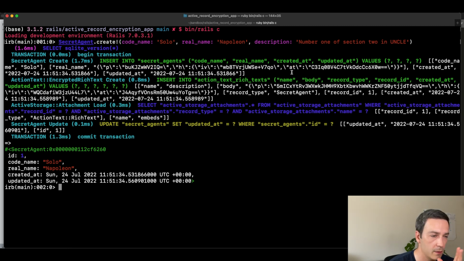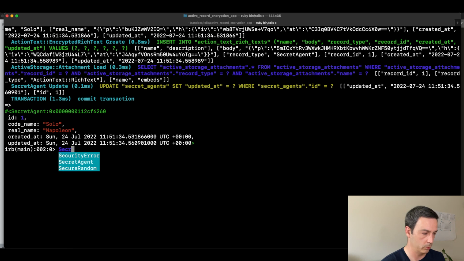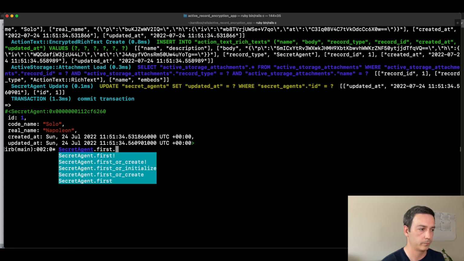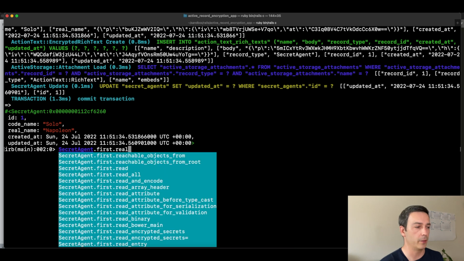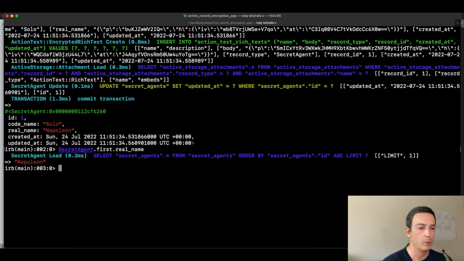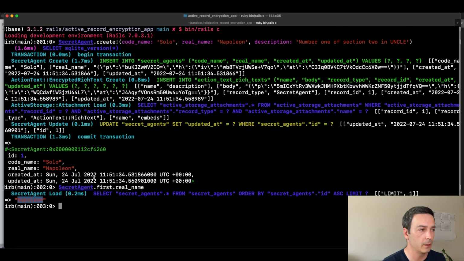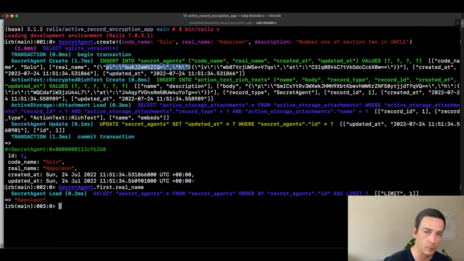So, with that said, as you can see, in our code in the application, we are dealing with non-encrypted values, so it's completely transparent to us. And if we were going to retrieve the first secret agent and look at the real name, we see that we are getting Napoleon, although it has been persisted here in an encrypted form. So that's completely transparent to us. So now let's clear this